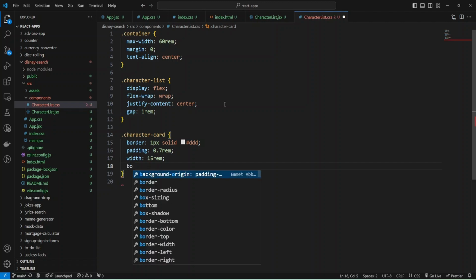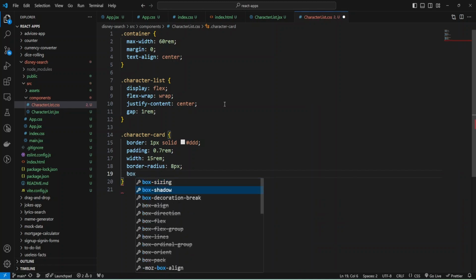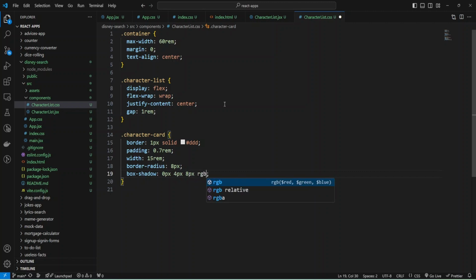And let's add border radius 8 pixels, and also we can add box shadow and use 0 for 8 pixels, and provide some black color 0, 0, 0, and some